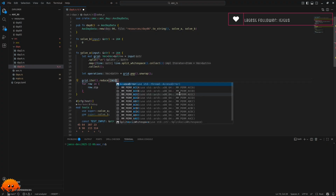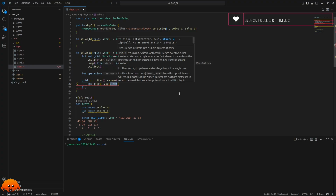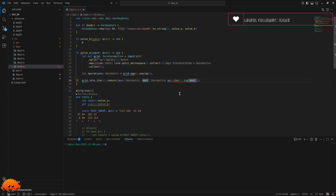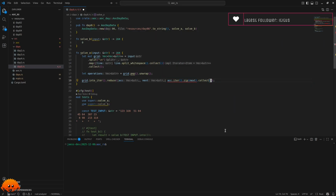So then our accumulator starts to be the first element of our collection, and then the rest follows. We could say into_iter because we want the ownership of those vectors. And then we say accumulator iter zip with the next. This says mismatch type. Found, expected struct. Ah, okay. So we need to collect this again